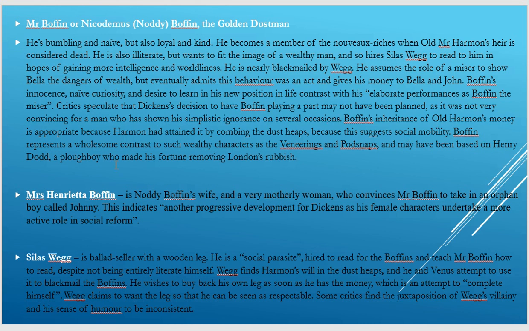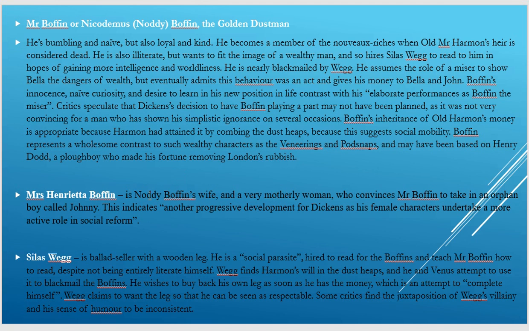So what we need to know about Mr. Buffin, at the end of the day, he dealt with different characters, and what we need to know is that he has an unfortunate end at the end of the novel, because nothing became of him and he went back to being a servant again. So he didn't enjoy the inheritance for a long time. And also